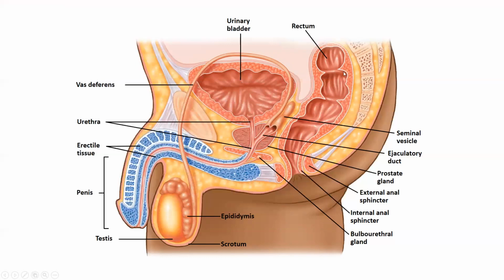Let's remind ourselves of some additional structures, the rectum posteriorly, and we have the smooth muscle, the erectile tissue that makes up the penis. We'll talk about those structures as we go on. Let's also identify these glands. We're going to talk about the bulbourethral glands. They're found in the perineal membrane, so the floor of the pelvic diaphragm, and we're going to talk about their function in lubricating the